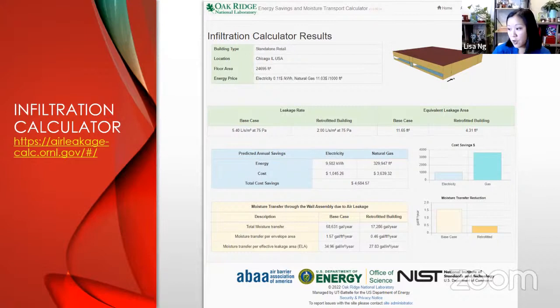And it'll give you your energy savings in terms of electricity, gas, and also how much moisture transfer may be saved through air tightening. And this will be especially important in humid climates such as those in the South. And so these are based on over 50 cities in the United States, some in Canada, some in China as well. And they cover most of the climate zones that ASHRAE defines, except climate zone 0, which is the coldest one.